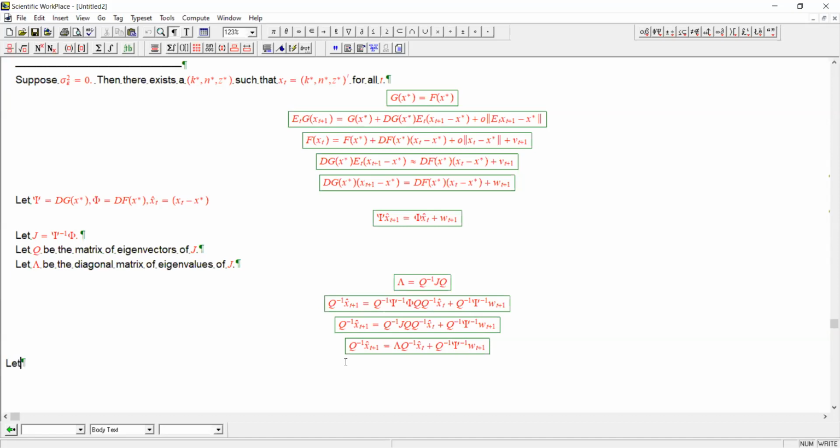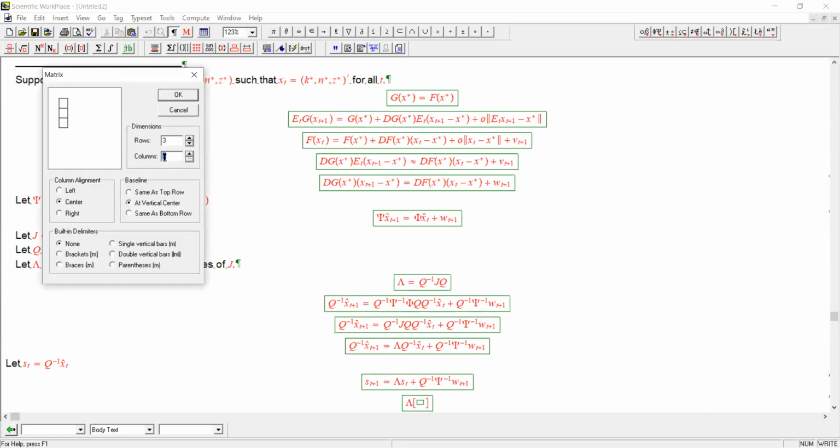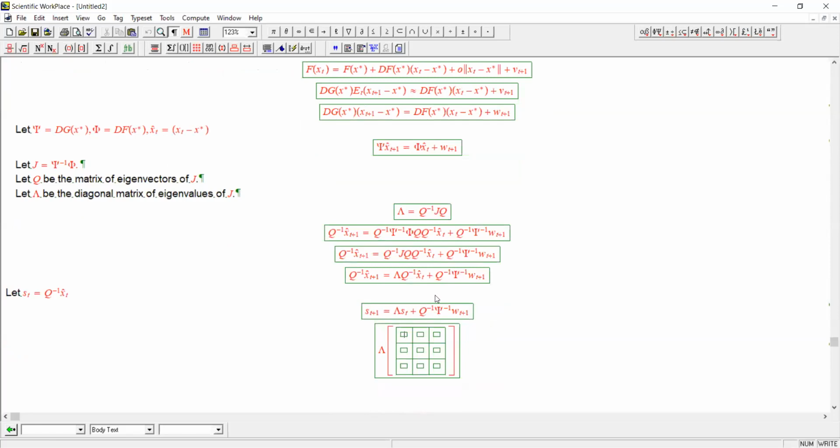So let's redefine a new variable s sub t, which is equal to Q to the minus 1 times x hat. We can rewrite this in terms of s. So this becomes s. This becomes s. And here we just have some function of our random variable. And again, because lambda is a diagonal matrix,